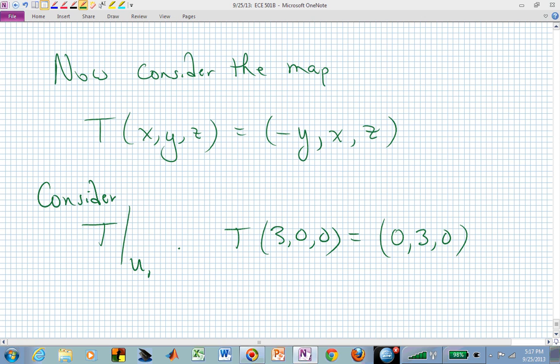And is that vector (0, 3, 0) in U sub 1? U sub 1 was the x-axis. It isn't, is it? So we're not guaranteed of always finding these nice subspaces which, when operated on by a linear operator, get mapped back into those subspaces. When it does, those subspaces are invariant with respect to the map, and we've just seen that eigenvectors are invariant subspaces. We'll pick up at that point on Monday. But hopefully you'll have